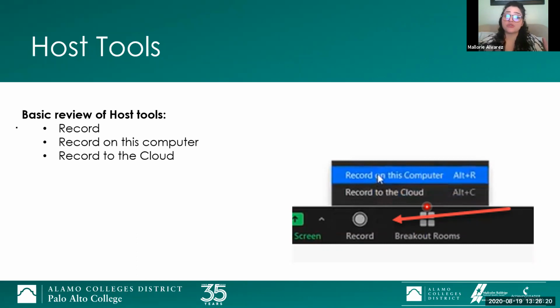Again, it's up to you on your preference and how you want to have this saved. After you make your selection, you would see that there's a little red light indicating that this session is recording.